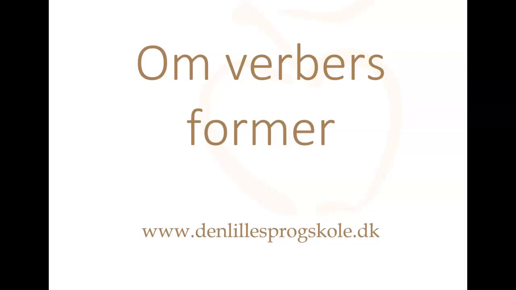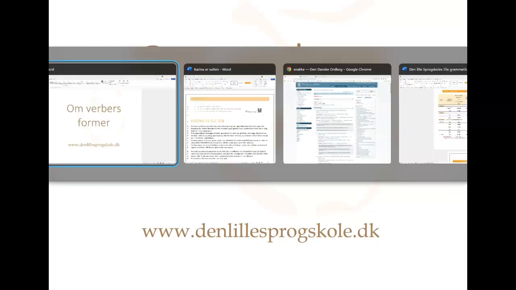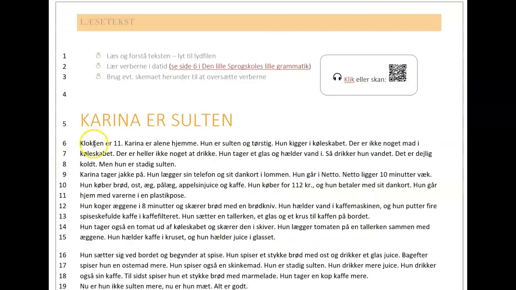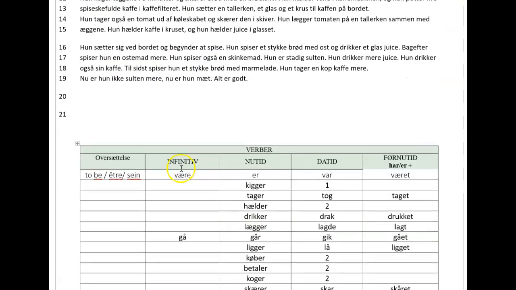I'm going to talk about the forms of the verbs and how to conjugate the verbs. In a text, you might have, for instance, the text in present tense, so the verbs are mainly in present tense, and you could be asked to find the past tense, datid, of the verbs. You might be lucky enough to have